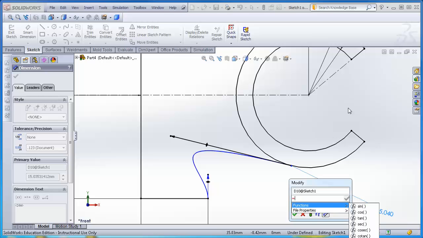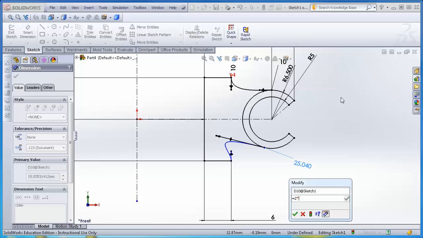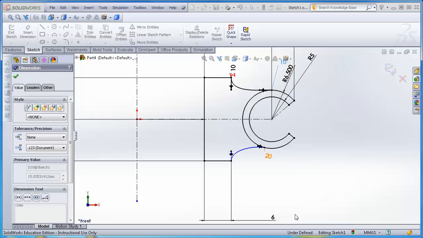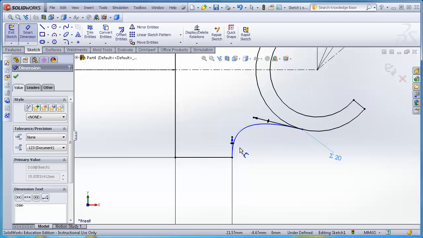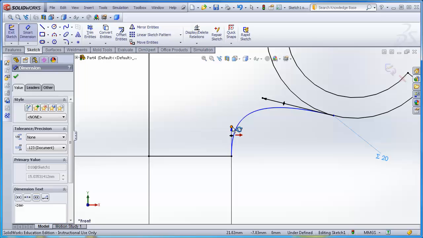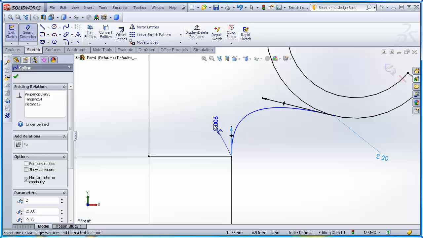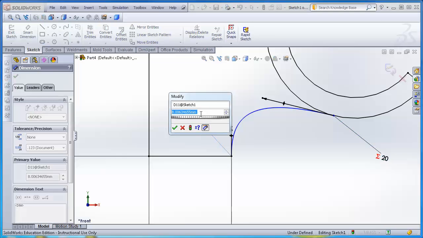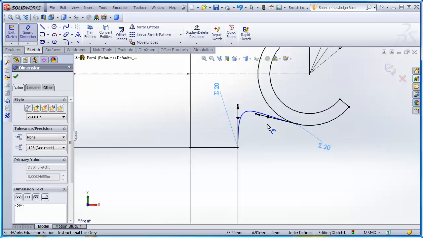equals 2 times, and I need to click out to find that 10. So a lot of things are going to be driven by that 10, and I will accept that. That does give me a 20, and then I'm going to also dimension this one and place it to be equal to that one. So it's also going to be a 20, and I'll accept that,